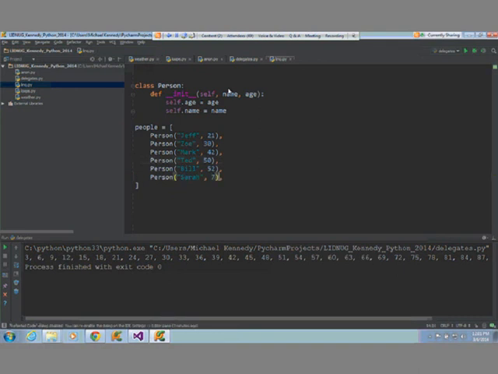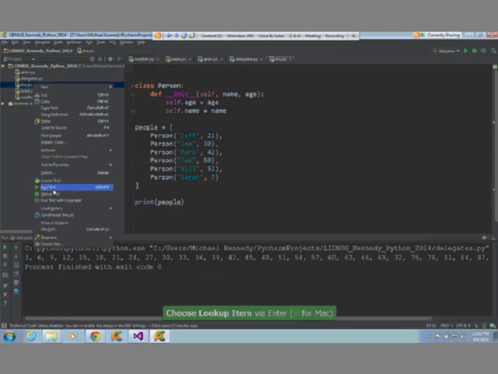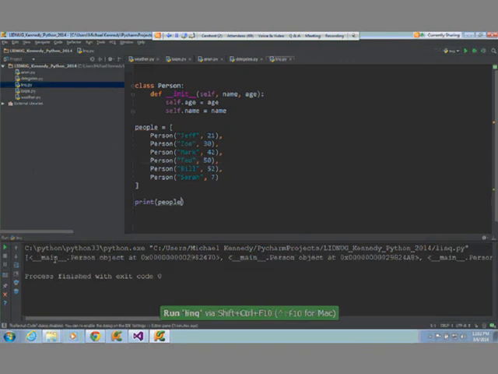Okay. So let's make sure we know what we're working with here. We'll print out people and run that. So notice, first of all, that we've got this crazy looking thing here. It actually gives you the in-memory address of the person object. So we have under main.person, right? That's the name of the file as far as it's concerned. And there's the person class.